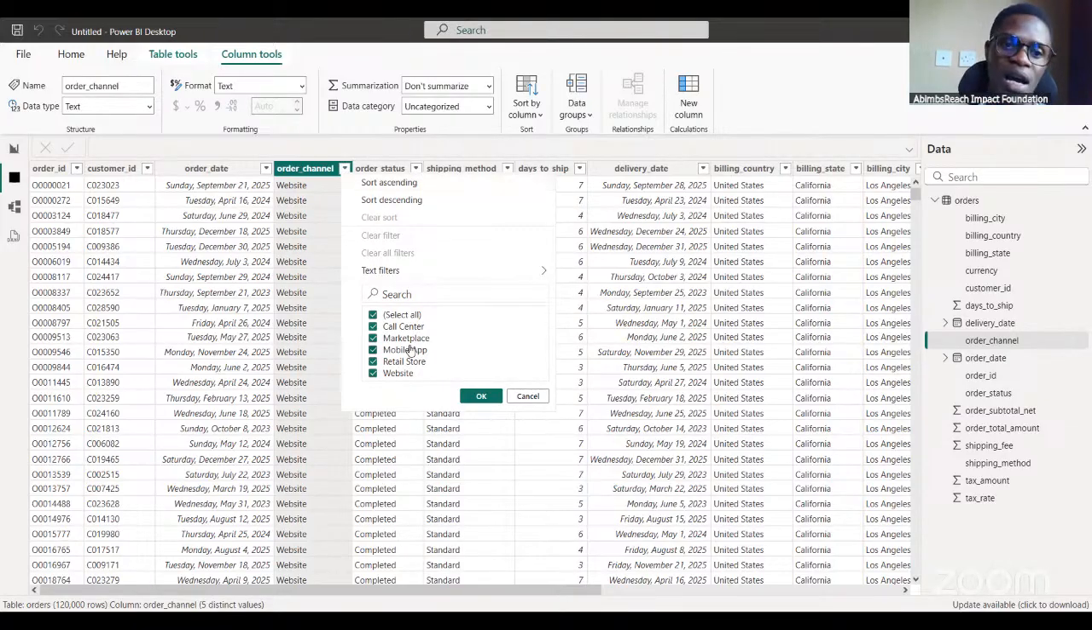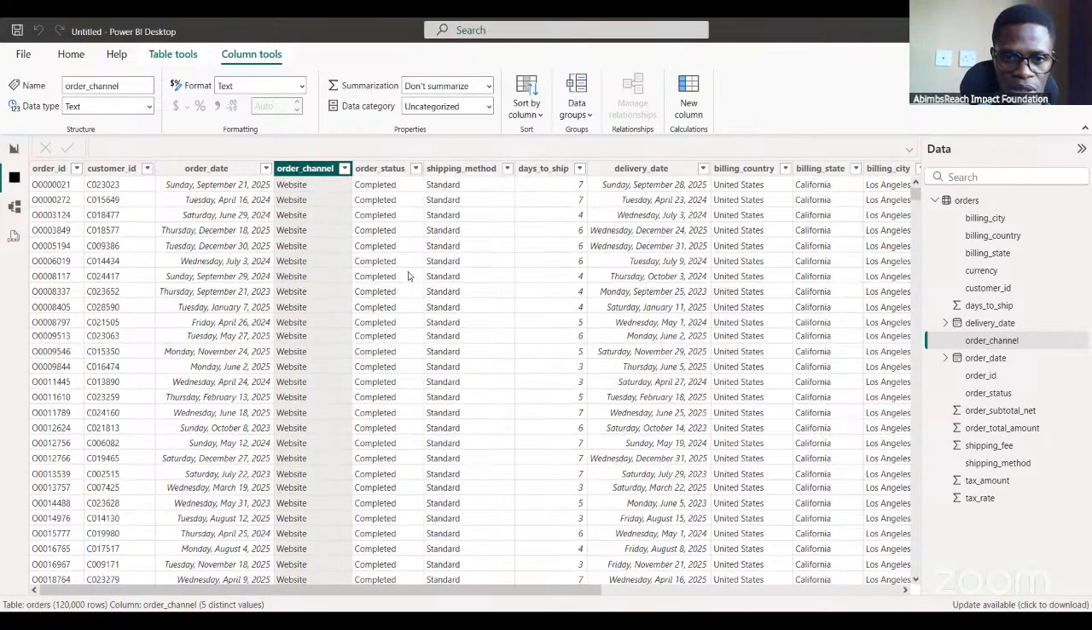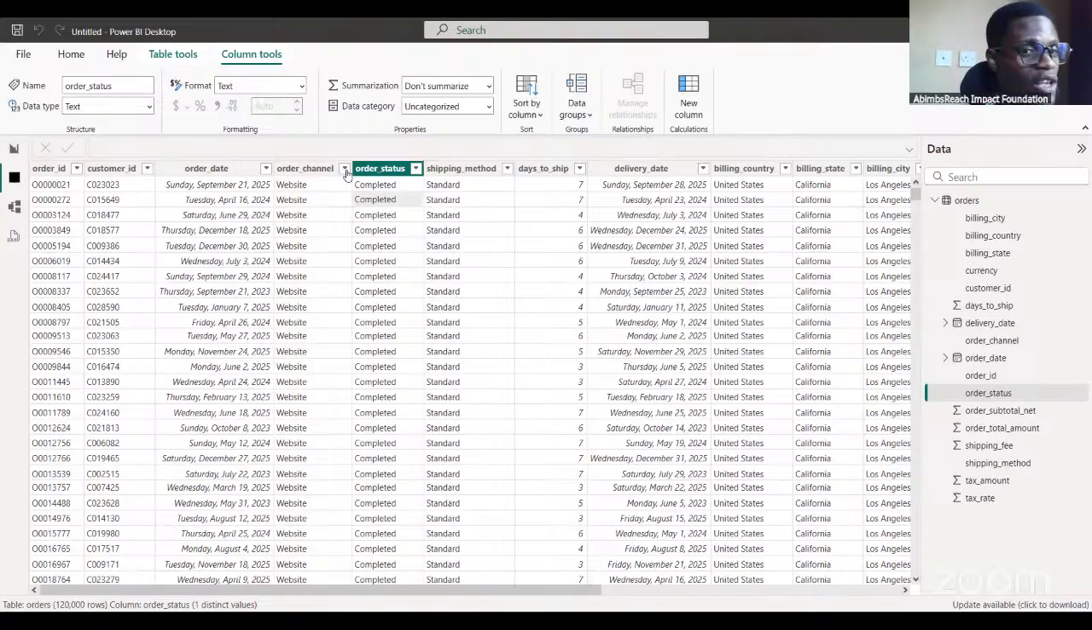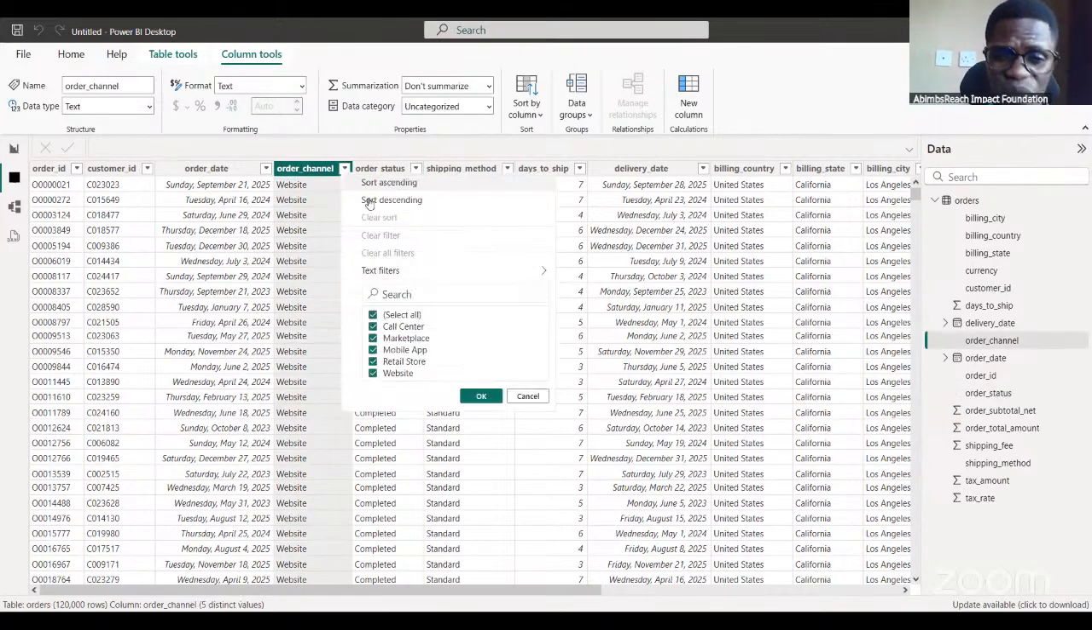So we have the call center, where they just call; the marketplace, where they buy it in the marketplace; the mobile app, the company has a mobile app; the retail store; or the website. So you can easily see why we have this kind of data, because